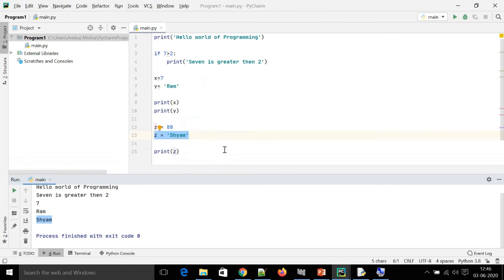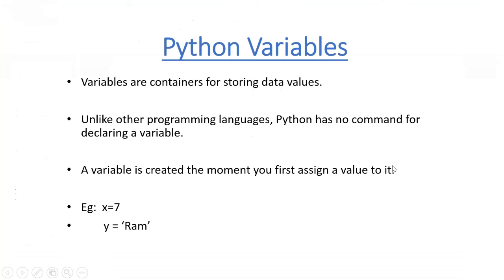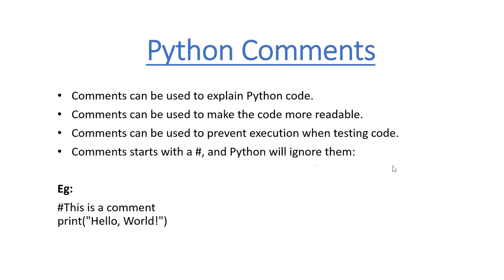Now this is for Python variables. Let's move to another topic. So we have completed this. The last one is Python comments. See, comments are used to explain the Python code. Basically, comments are used everywhere just to explain the code, just to document your code. It makes the code more readable. It helps other developers to know what you have written in the code. So comments are a very important thing.